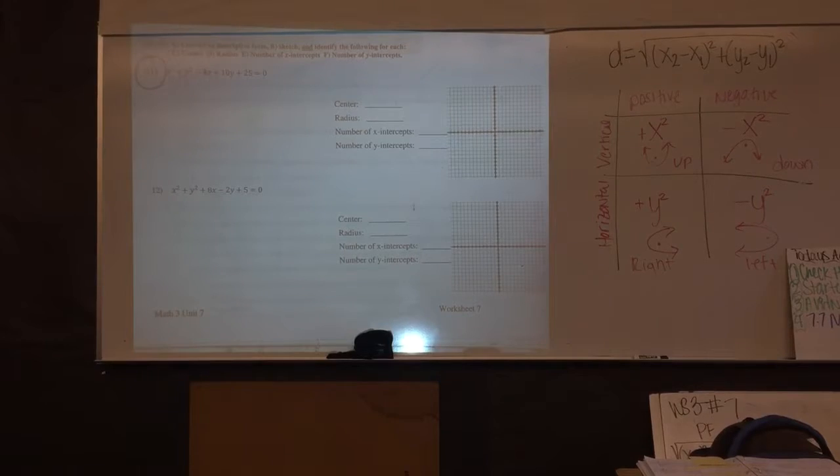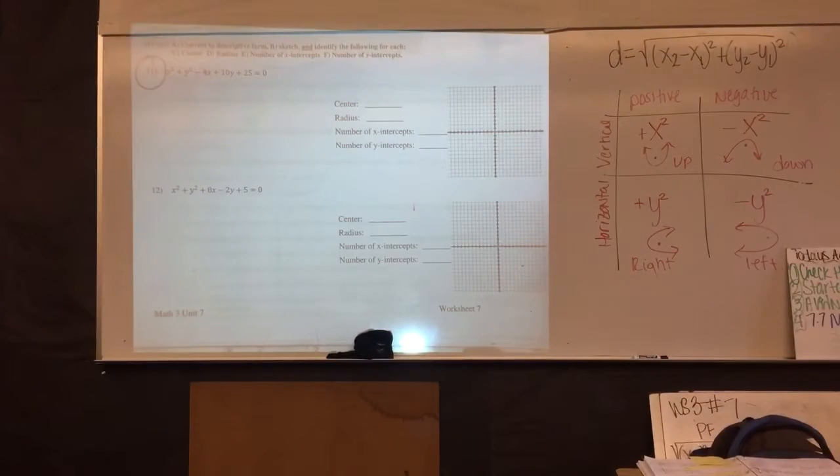Okay, and then look at the homework. I take it back. I want to go over number 12 on this worksheet now instead of number 11. I think number 12 is just a little bit harder, and I want to make sure that I address that problem. So, for number 12,